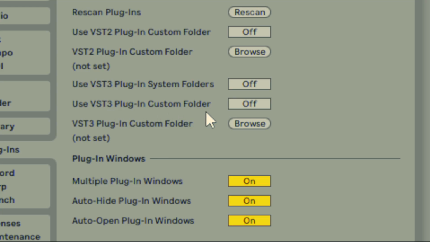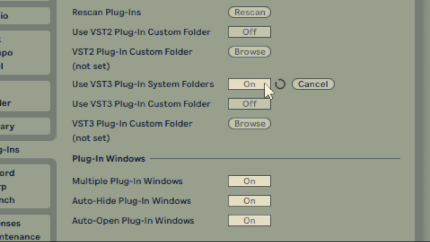Typically, you'd have a custom folder for VST2 plugins because you can choose it at the installation step, but the VST3 plugin folder is usually never changed. That's why there's an additional Use VST3 plugin system folder setting that you can use for VST3 instead.